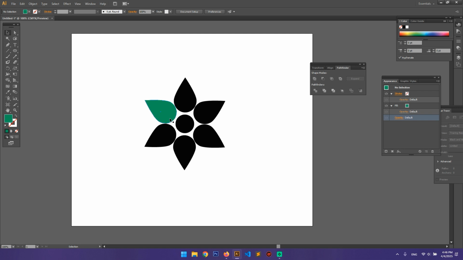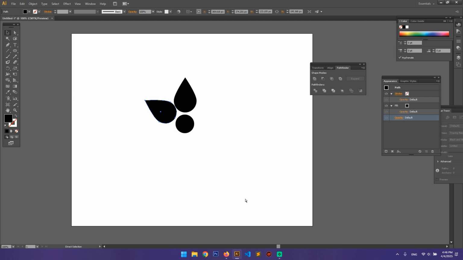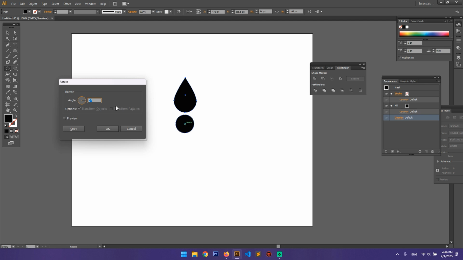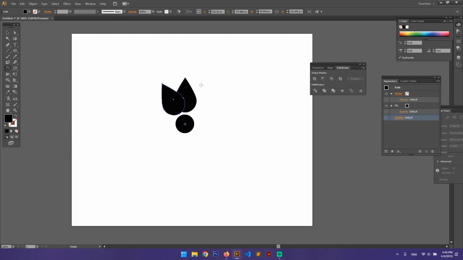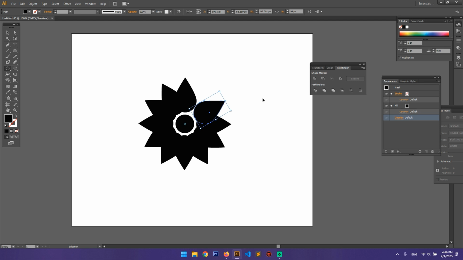Now this would be even more interesting if you had intersections. So I'm just going to do Control Z, and I'm going to pick a different angle so that the petals sort of overlap. So I'm going to do the rotation tool again, same process, pressing Alt, dragging it over here, center. This time I'm going to pass 30. Now if I do 30 degrees rotation, clearly the shapes are going to overlap. So I'll do copy. As you can see, now it's overlapping. Press Ctrl D. Now I should get 12 total petals, and all of the petals are sort of overlapping, as